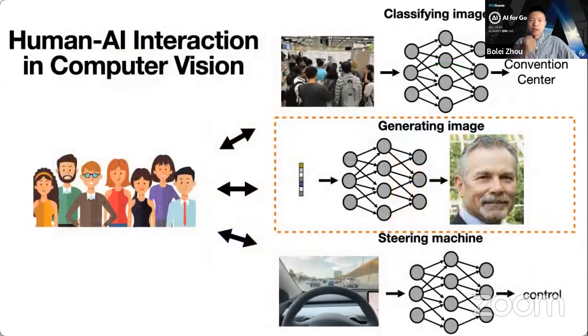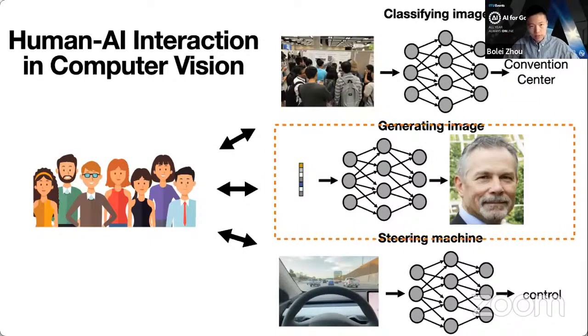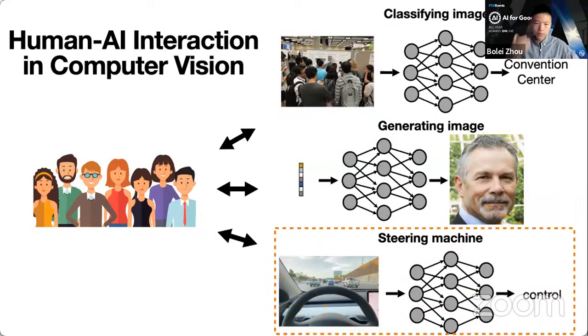Okay, so that is the second application. So I showed you that we can vary some inductive bias in the generator, and then we can make this generation more human controllable and steerable. So we can have this reliable interaction between generative AI and the human. The last part will be more on machine autonomy. So how can humans in the loop improve the safety and the reliability of both the learning and the